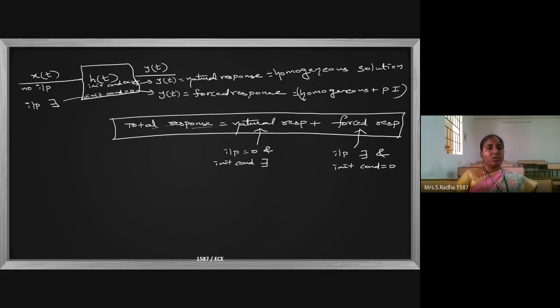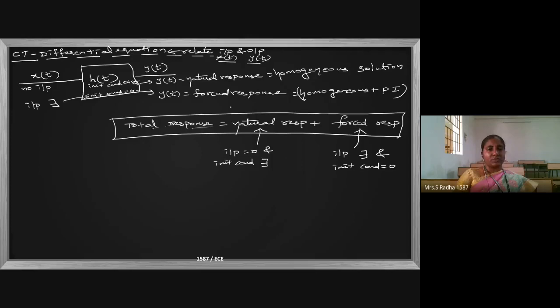So now the diagram we have taken up is in continuous time. So all the equations which represent it will be in differential equation format. The equation will relate the input and output. Input is x of t and output is y of t. A differential equation means you will have it in terms of x of t and y of t. From that equation you have to find out the natural response and the forced response of the system.